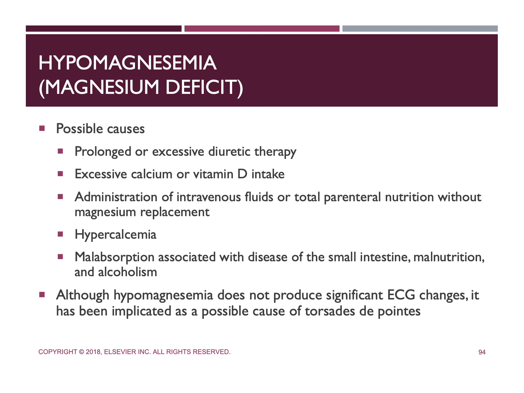So with hypomagnesemia, or magnesium deficit, this may occur because of things like prolonged or excessive diuretic therapy, excessive calcium or vitamin D intake, administration of IV fluids or total parenteral nutrition without any type of magnesium replacement given. Hypercalcemia can cause hypomagnesemia. And then things like malabsorption, which can be associated with disease of the small intestine, malnutrition,